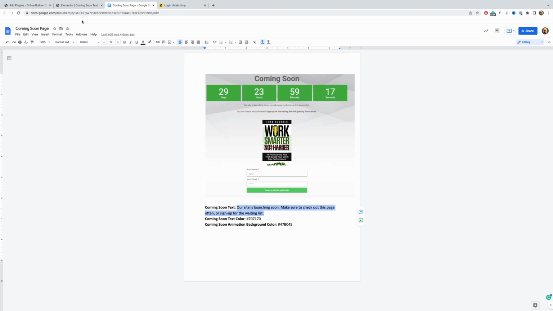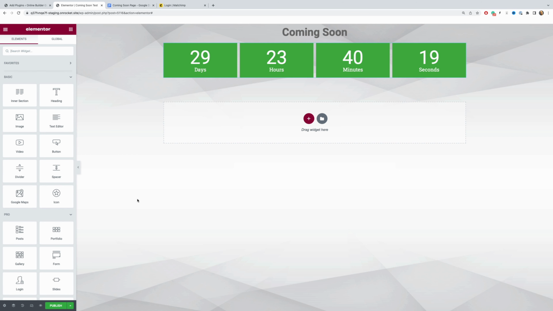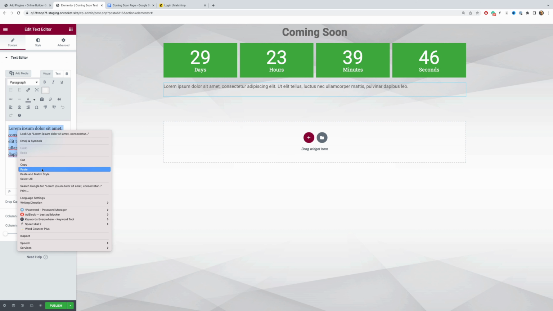So let's copy that one and jump back into Elementor and click on this icon to access the elements list once again. And here you can find the text editor element. Just drag it and drop it into the design area, and you can see that this text element contains some default text, but we will change that. So here on the left you have a text editor, and let's paste our version of this text into this box. So let's mark that and click paste,